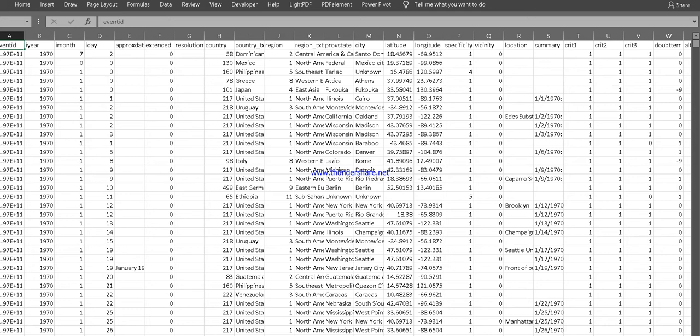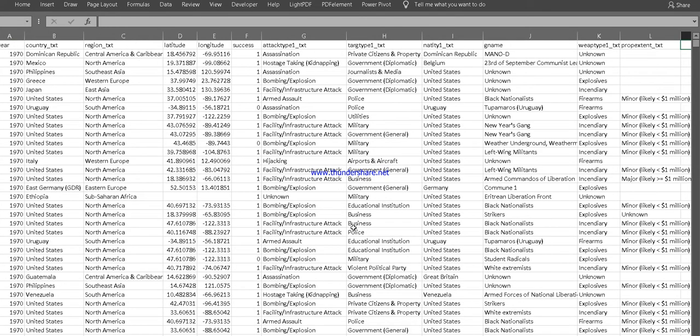What I have done is clean the data and use only those columns that are useful for our visualization. That is country, region, latitude, longitude, success, attack type, meaning what types of attacks have been done, and the target type, like private citizen, government, general, government police, utilities, military, government, etc. Nationality: Dominican Republic, Belgium, United States, Uruguay, and like this. So the G name